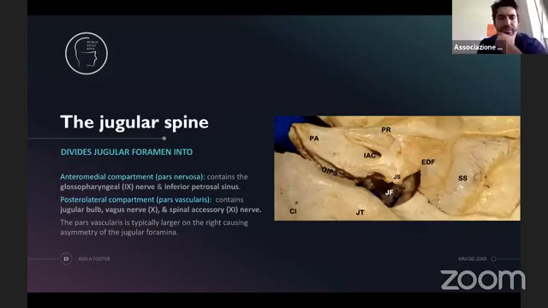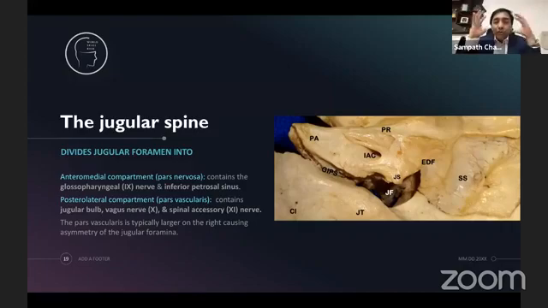Perfect. Okay. So now you need to keep this picture in mind, the spine and the fact that it divides the foramen into two areas, because when you're dissecting a tumor, the tumor will be attached to these nerves. The anatomy will be distorted. You won't have a spine, but you'll need to know how, where, and when to preserve the glossopharyngeal nerve, the vagus, and the hypoglossal nerves.